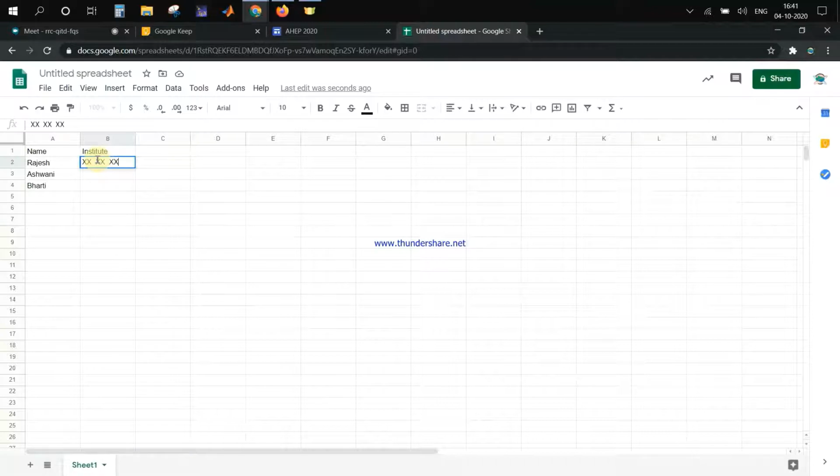So by this I have created this Google Sheet and I am renaming it to dummy auto. Okay, now I want to create different certificates.